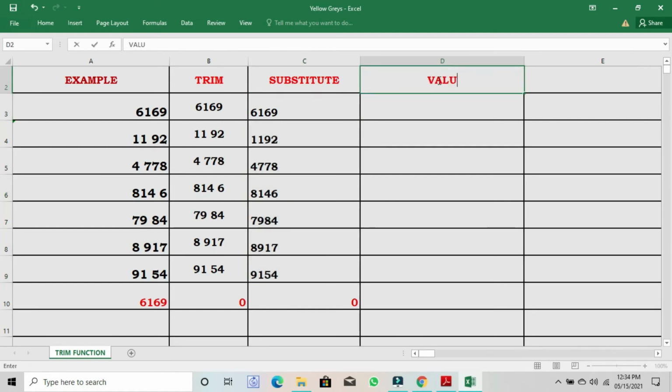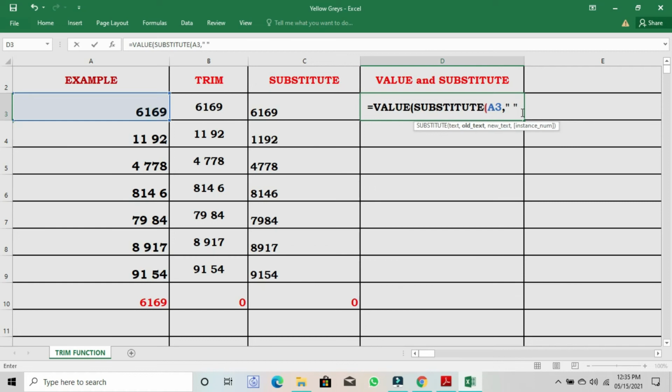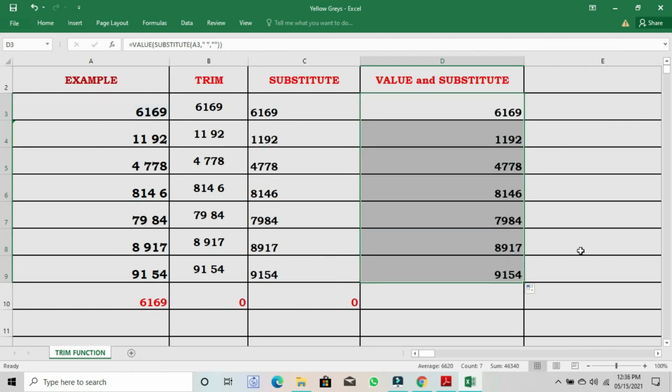That is, equal to, type VALUE, open the bracket, type SUBSTITUTE, open the bracket, select the text which we want to convert, type comma, insert a space inside double inverted commas, then type comma, then insert only double inverted commas, which represents the absence of space, then close the bracket and drag the cells to get the results for all the examples.